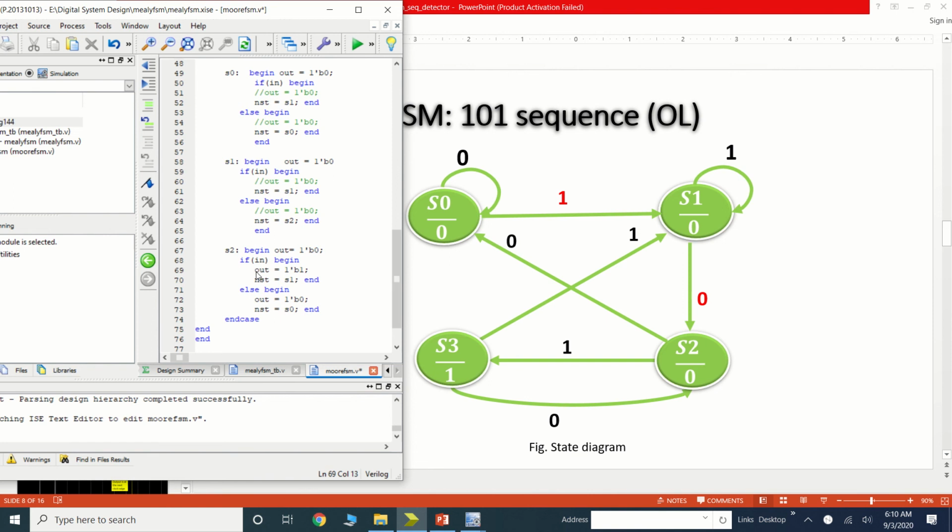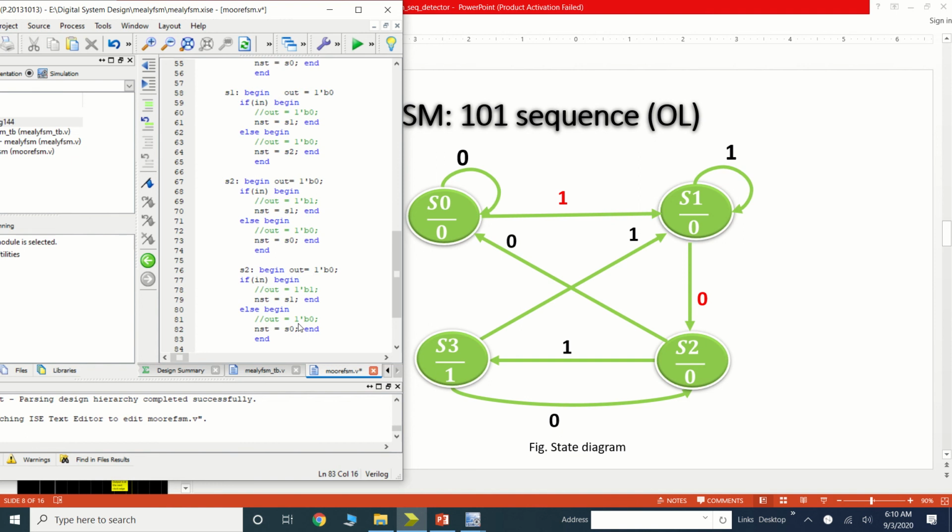Okay, no need to mention the output inside. But here we need to add one additional state, that is my S3. So this is my S3, and in the S3,